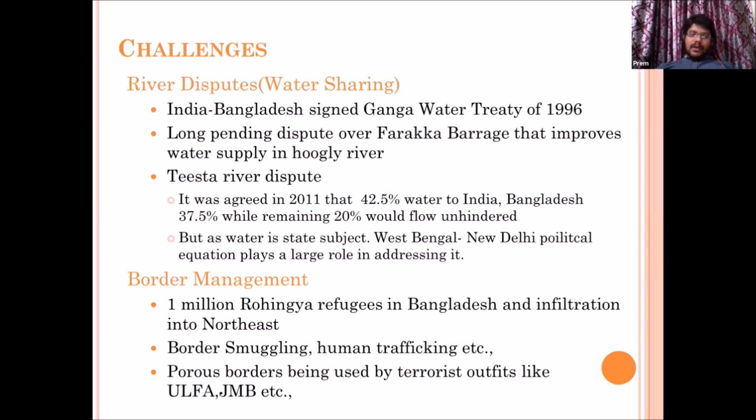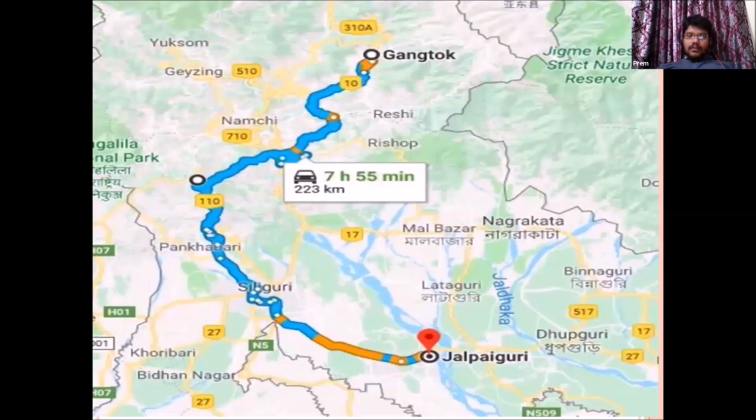And the most important issue is the Tista River dispute. This is the dominating aspect of the relationship. After signing the land boundary agreement, the only major pending issue is the Tista River dispute, because this is very emotional for both Bangladesh and India. So what about the Tista River? If you see the Tista River flow, it starts somewhere in Sikkim near Gangtok, and then slowly from Sikkim it flows to West Bengal and from there to Bangladesh.